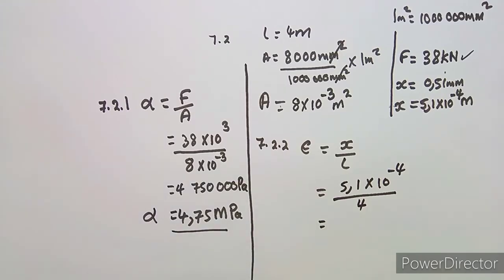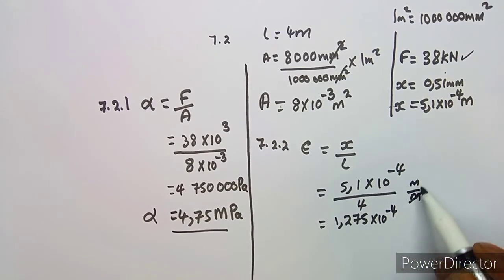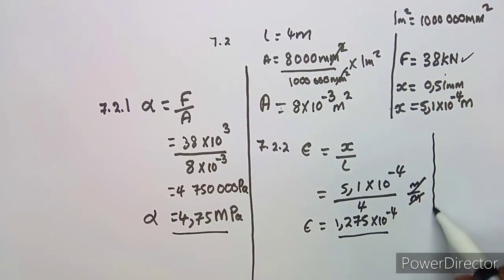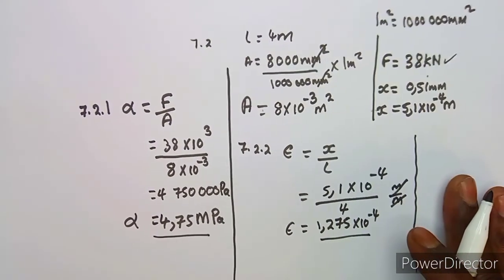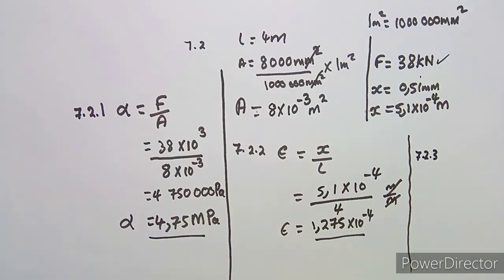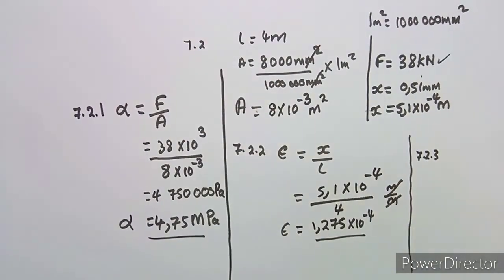the strain in this case, which is 1.275 times 10 to the exponent of -4. And here we do not have any units because it was meters over meters, and this cancelled, so it's just going to be a constant. Then we move on to another part, which is 7.23, where we are now asked to calculate the Young's modulus of elasticity of the steel,